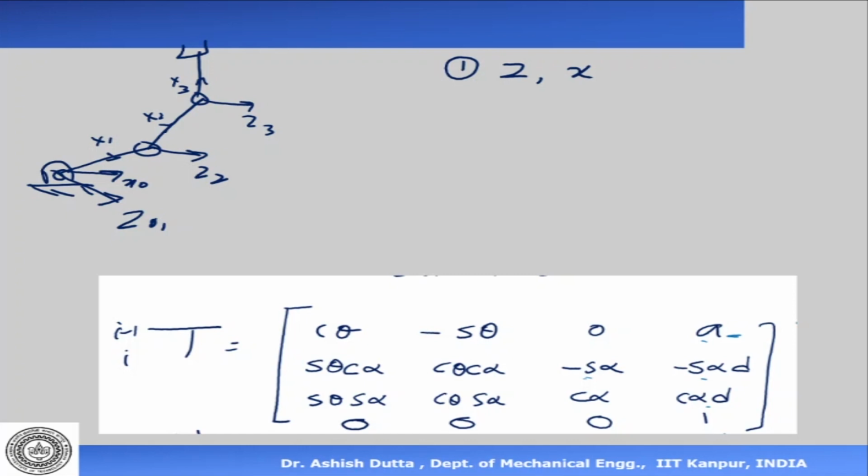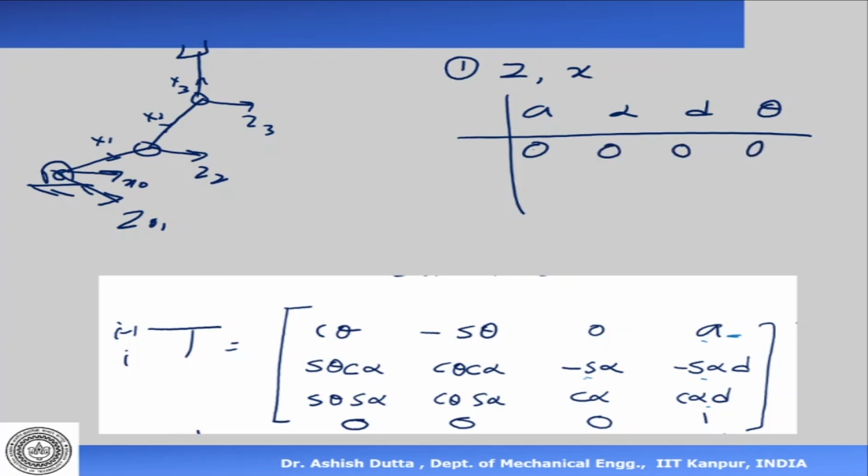Then we make the DH parameter table. In this particular case, I make a, alpha, d, and theta. We make the DH table and assign the various link parameters: the link length, the link twist, the offset, and the joint angle. So in this particular case, it is 0, 0, 0, theta 1; L1, 0, 0, theta 2; and L2, 0, 0, theta 3. Okay, this is my link length L1 and L2.